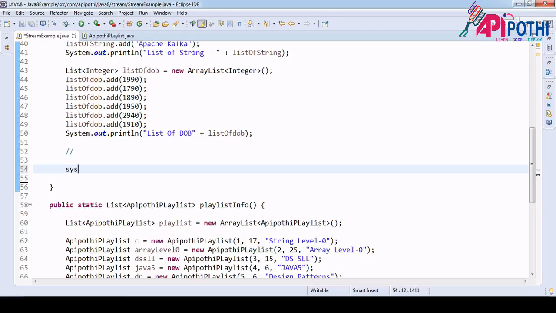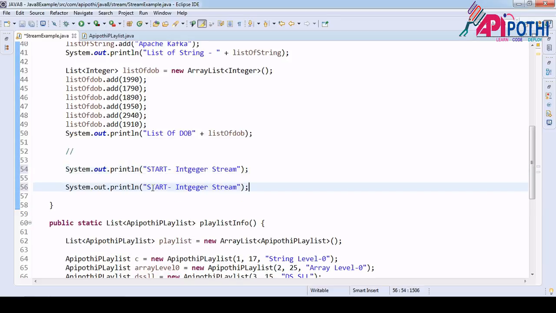Okay. So here let's have some SOP saying just to track start integer. First we are going to create the integer stream. Okay, this one is start and here is the end.